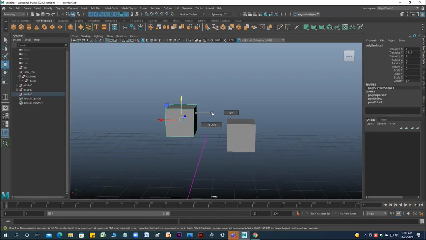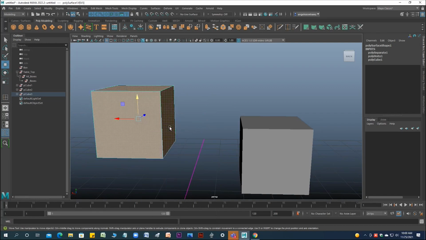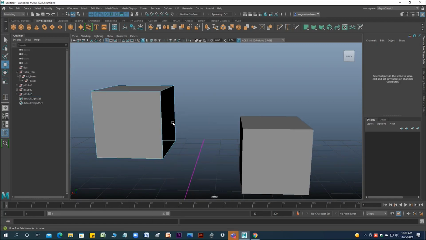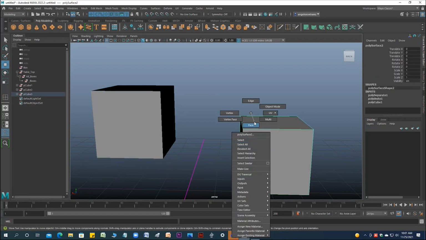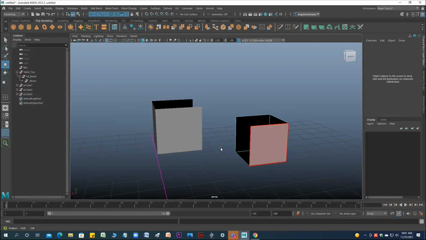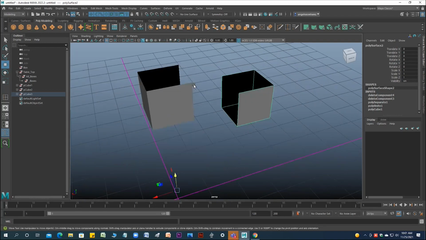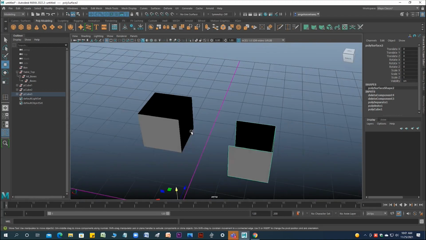And one more thing, let's finish it today itself. I'm just deleting some faces of an object. Same with this one. Now, two things are there.